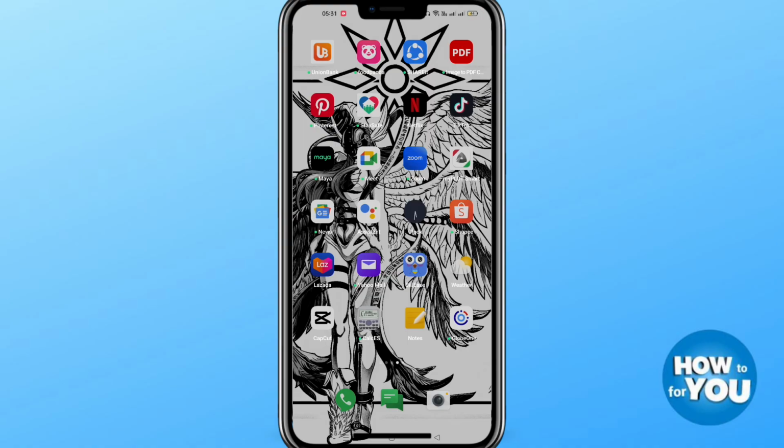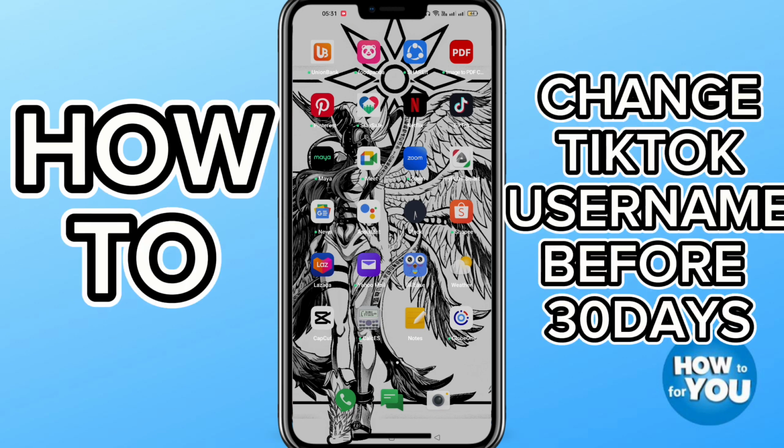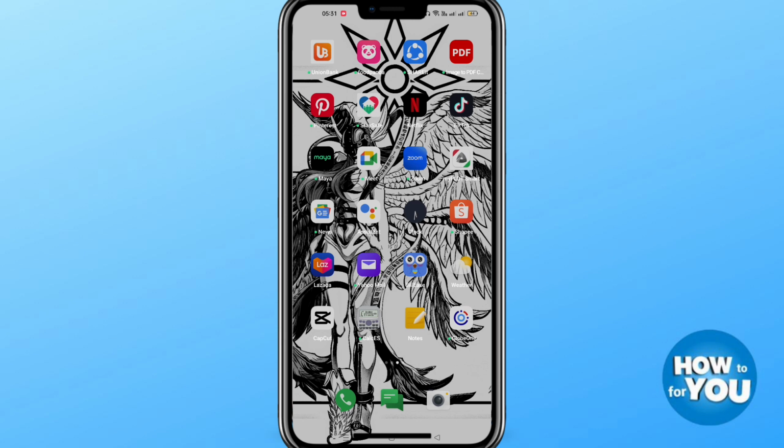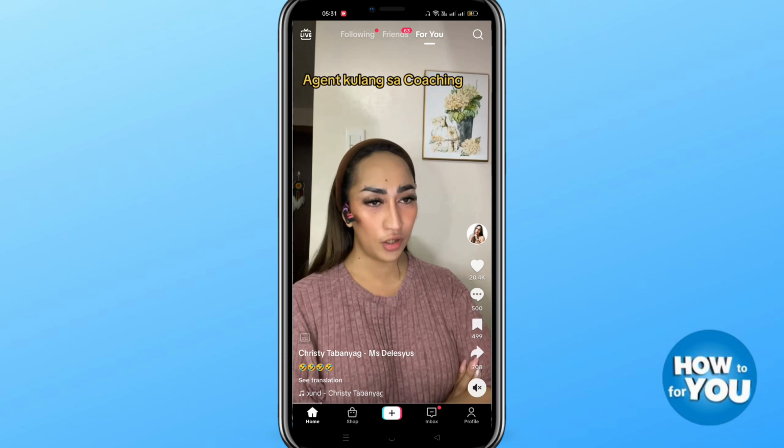Guys, for today's video I will show you how to change your TikTok username before 30 days. So let's get started. First, open the TikTok application on your mobile phone and then click your profile icon right here on the lower right side,